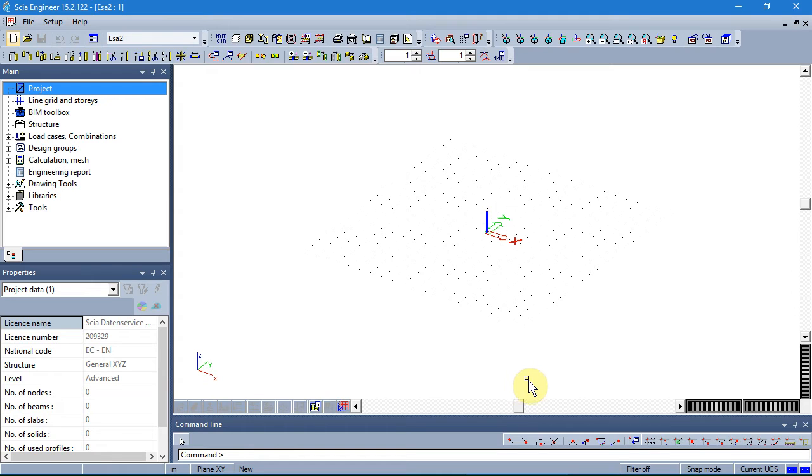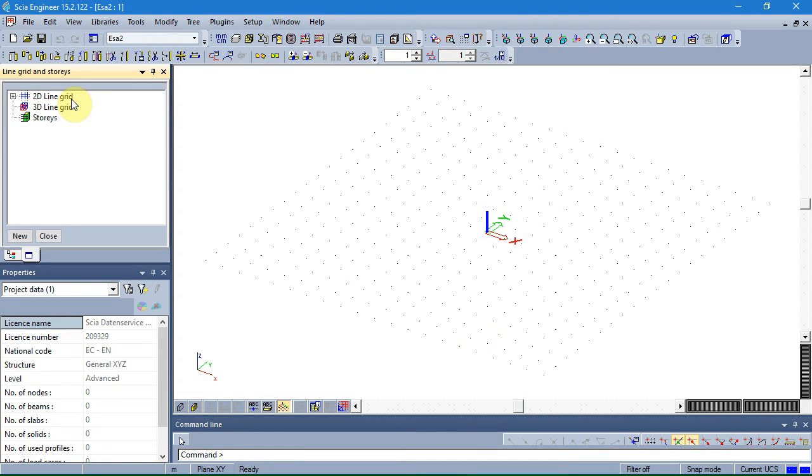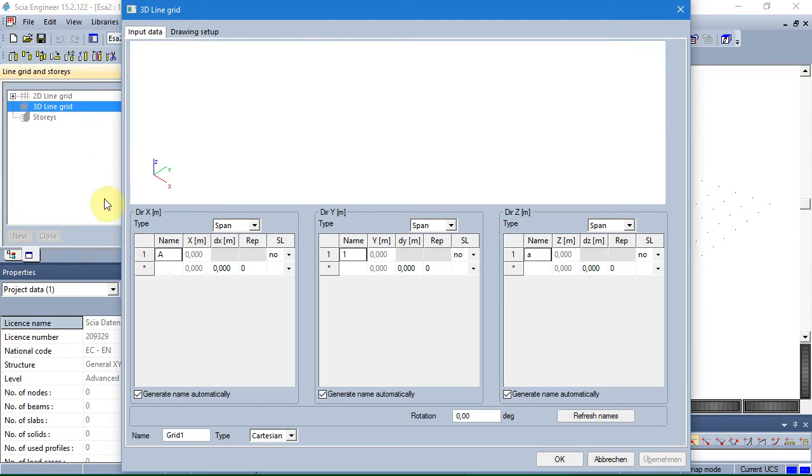Now we are in an empty project, and I create for a start a line grid to draw the wall quicker and to have some dimension lines directly on the screen.